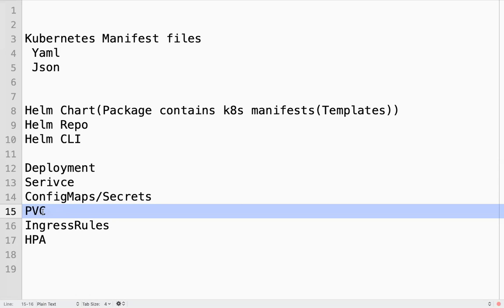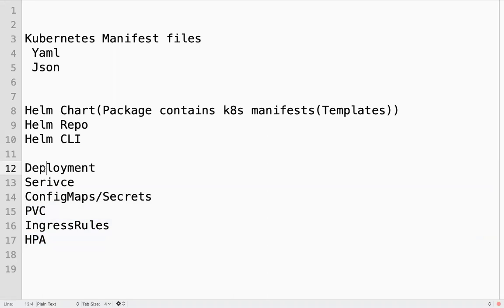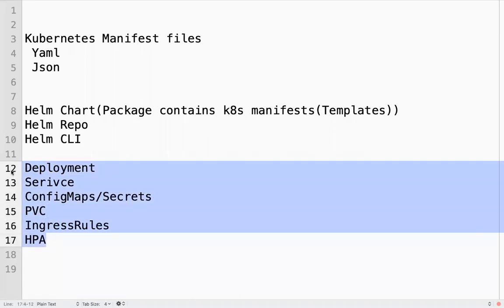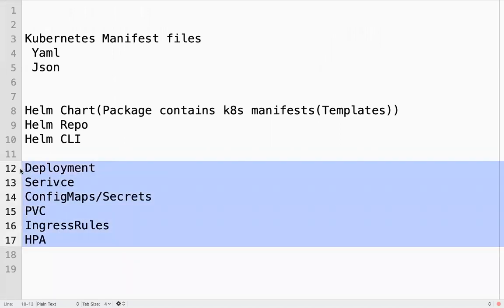That cluster autoscaler also you can deploy as a Helm chart. That is one application, right? That HPA, that cluster autoscaler is also nothing but one application. Do you have a deployment for that cluster autoscaler? You have all those role bindings. That is also one application. To deploy any application in Kubernetes, you may need to create these objects.